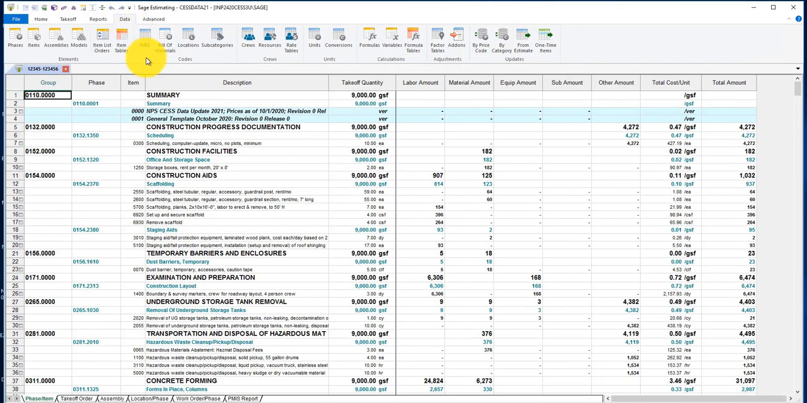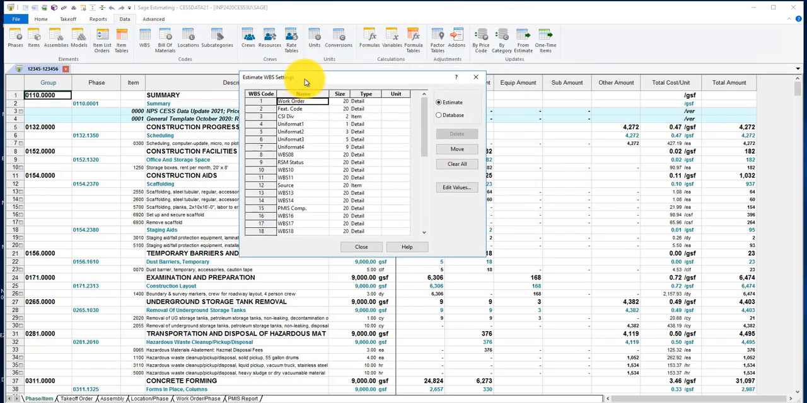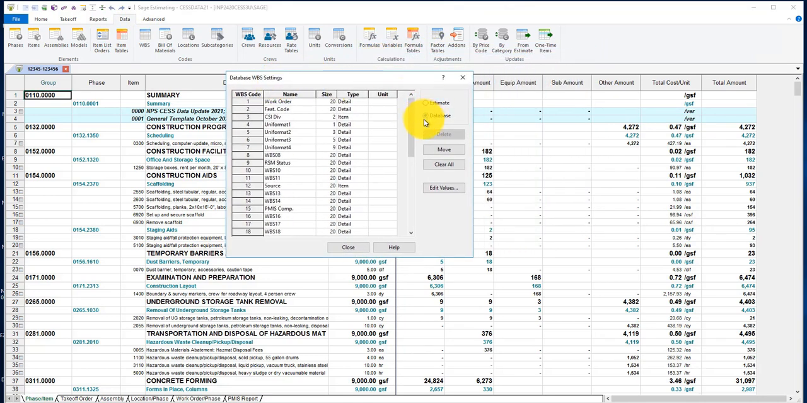Let's look at the data ribbon. The data ribbon tends to be a database administrator tool set. Our normal CESS workflow would not involve using these commands. It's for building, deleting, or editing the database content. There are some exceptions. For a dialog, for instance, the WBS will show our WBS settings for our estimate. If it's toggled to database, you won't be able to edit this, but you would be able to edit the estimate version. We recommend you don't make any changes here to existing named WBSs, but you would have the opportunity